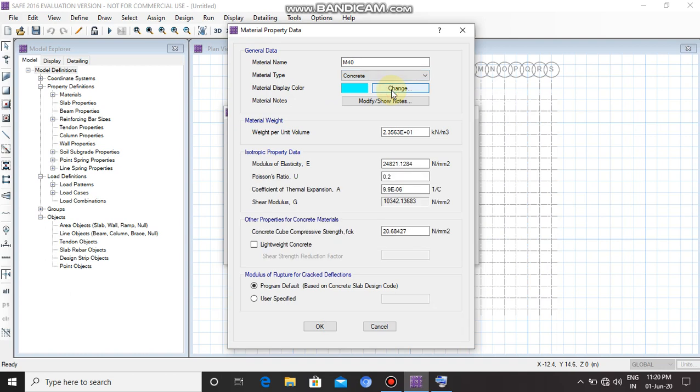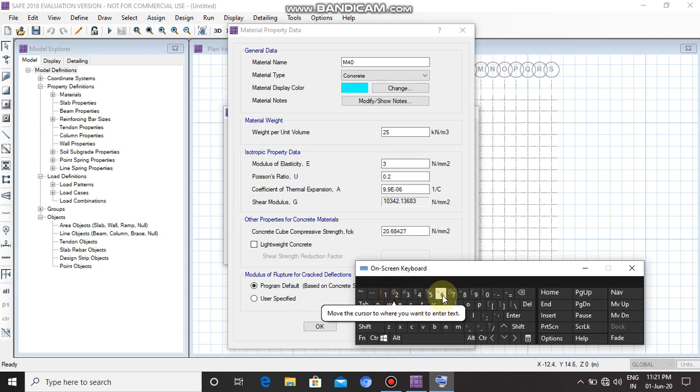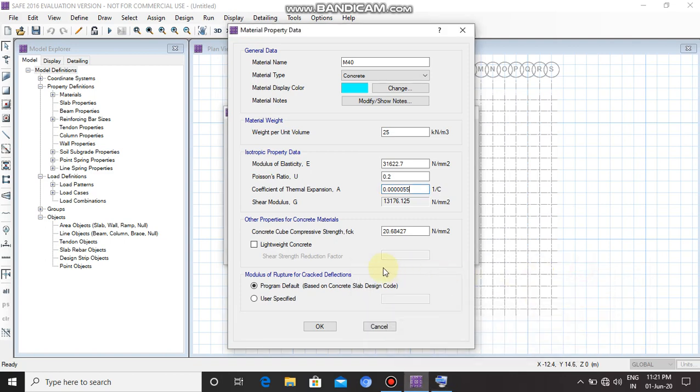Material type is concrete. Weight per unit volume 25. Click on OK.